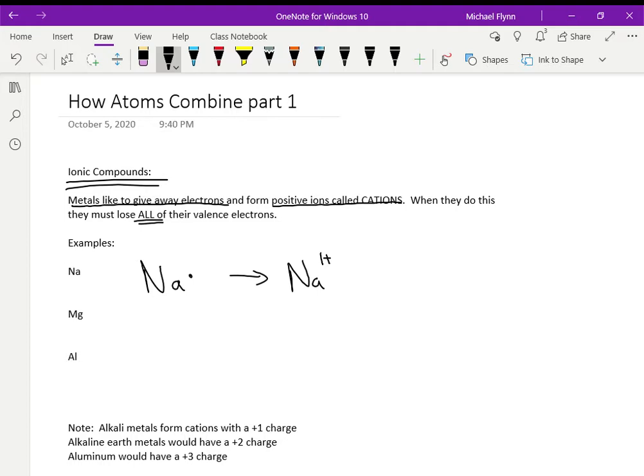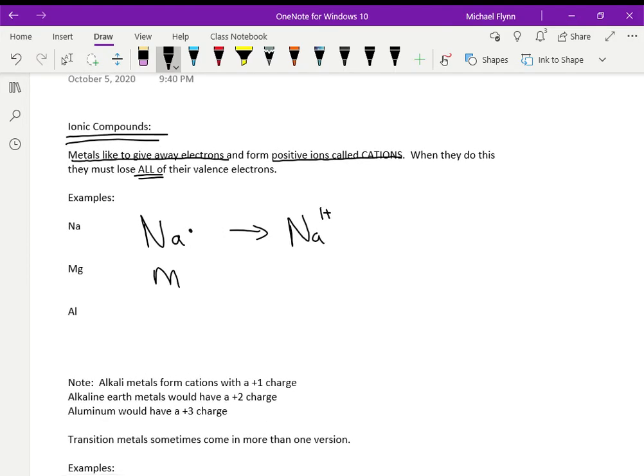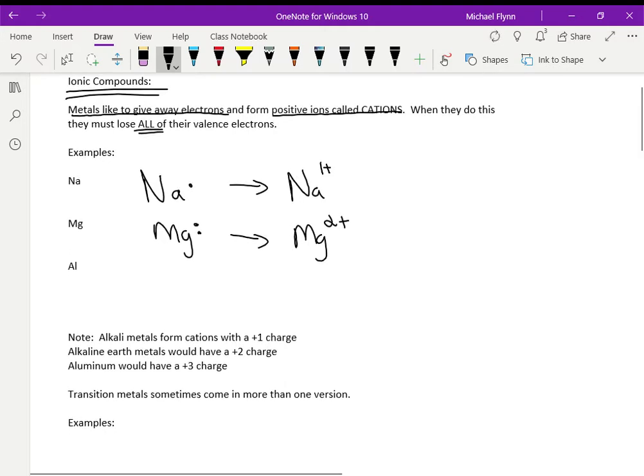Okay, and that's it. Magnesium, though, has 2 valence electrons. It has to get rid of both of those, and when it does that, it's going to become Mg with a charge of 2+. And finally, aluminum has 3 valence electrons, and it has to lose all 3 to